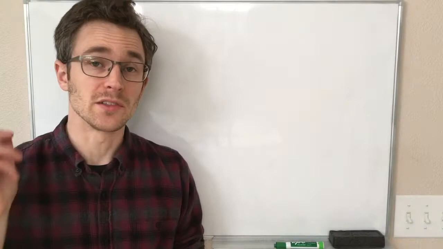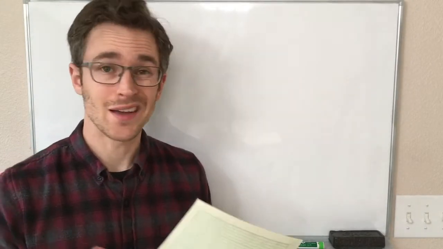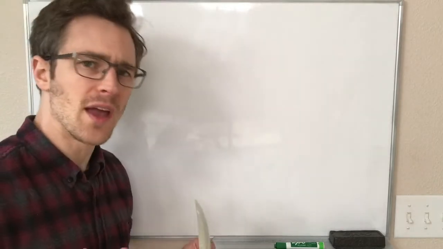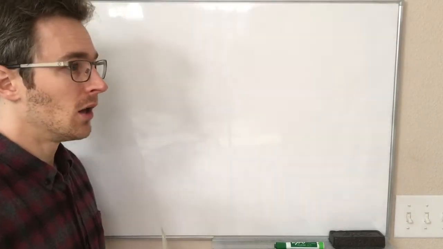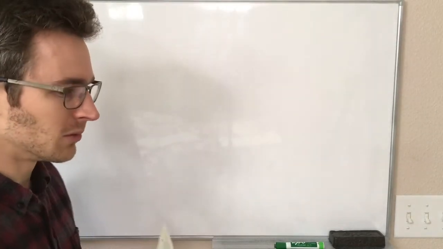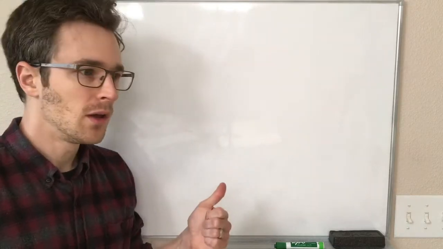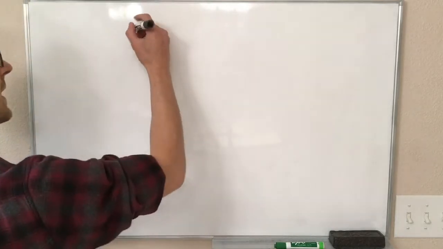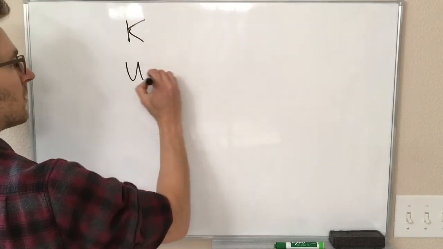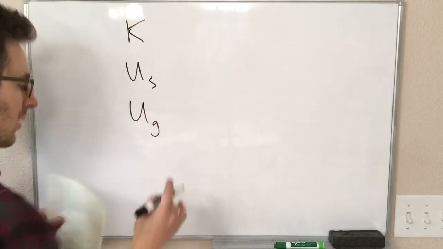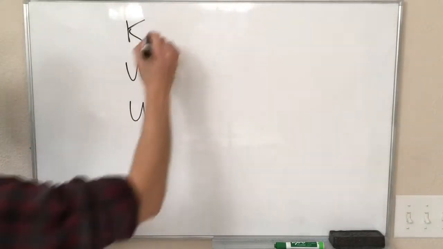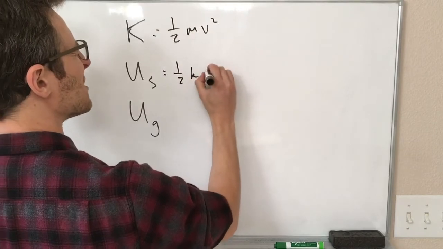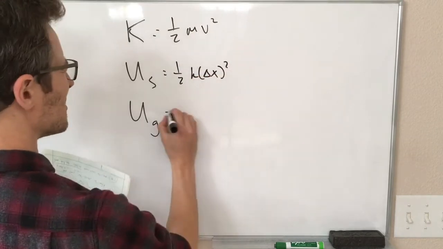In this video, I'd like to start chapter 7 and start tying some of these energy ideas together. So our picture of energy right now has a couple different pieces to it. We can move energy around with work, and energy can exist in these different forms, right? We have our kinetic energy, our spring potential energy, and our gravitational potential energy, and we have equations for all of these. These are definitely ones that are good to know.